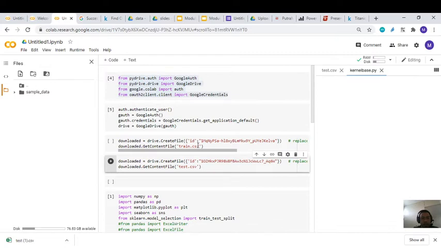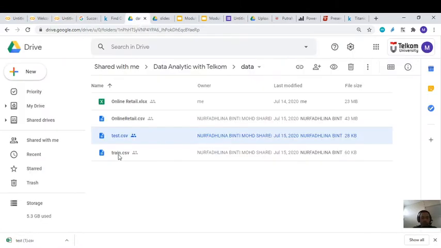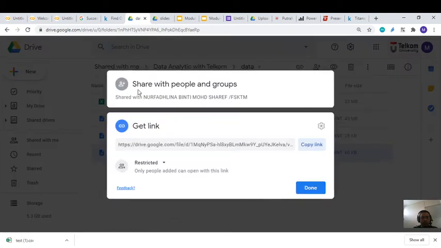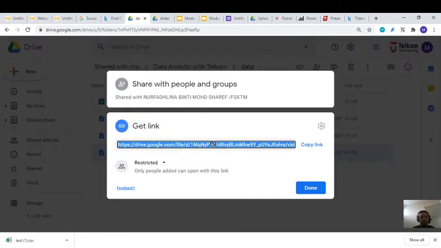To import the data training, please choose the data training, then go to the get server link, and put this ID from here until here, then copy.